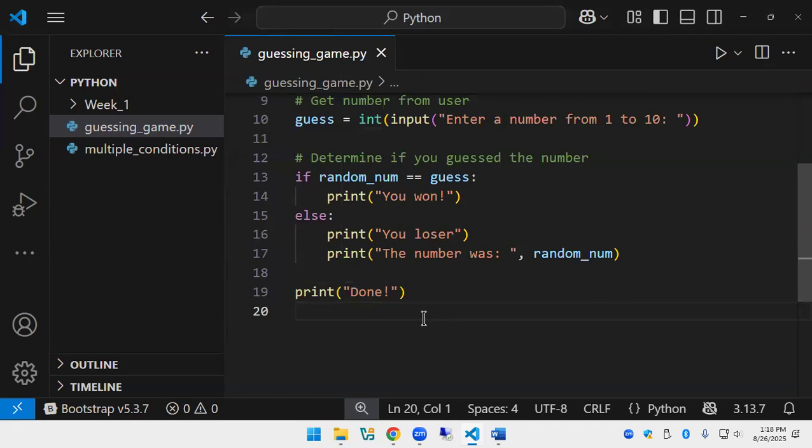So Python pays attention from left to right. Some languages will do curly braces and all kinds of stuff. If you've programmed in C or Java or JavaScript, whatever, you've got all kinds of curly braces going on. Python does it by indentation only.